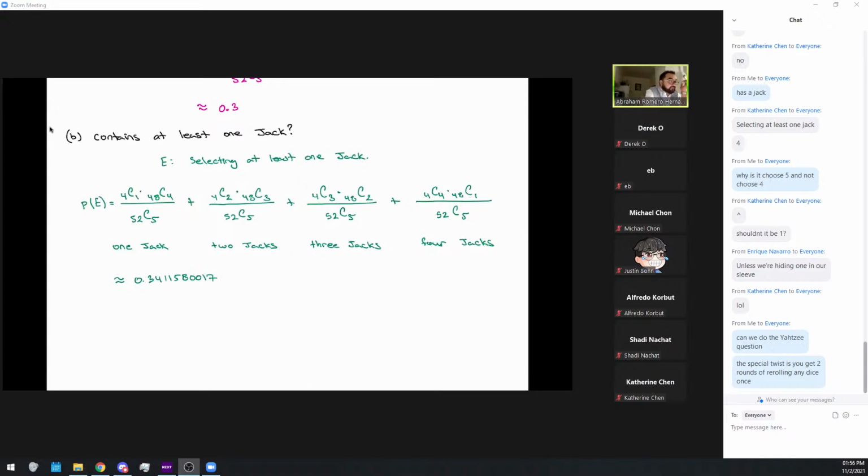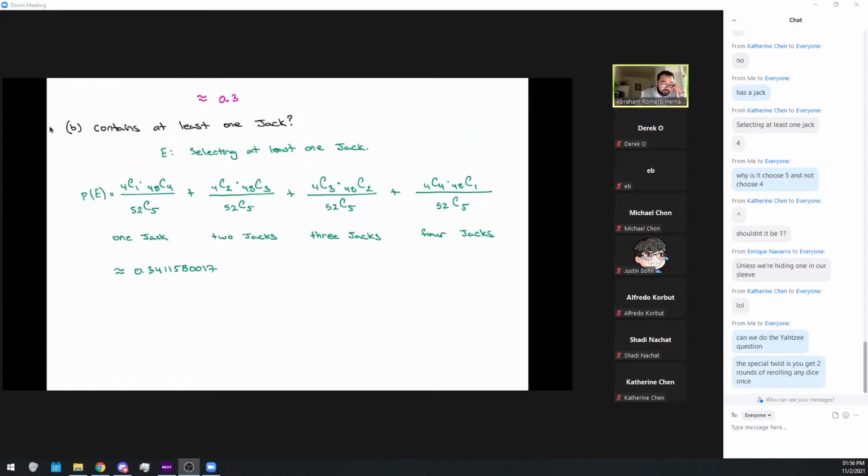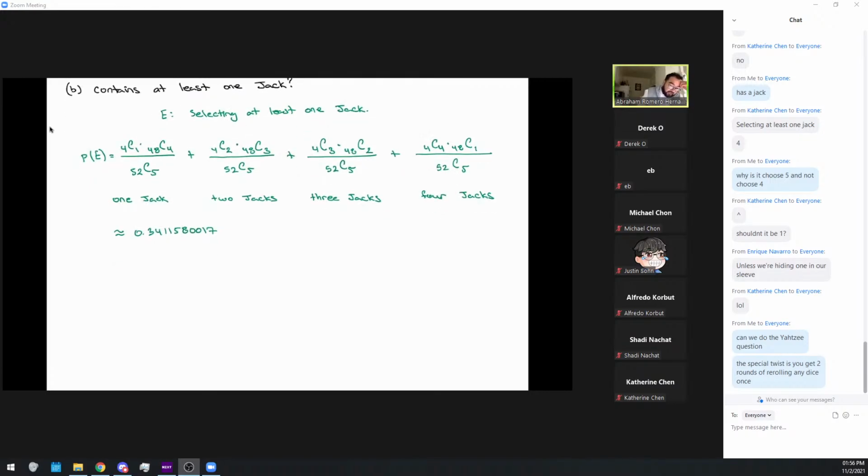Okay, and we're back. Okay, now there is another way to do this actually. There is another way to find the probability that the hand contains at least one jack. What's the other way? Another way of looking at it is this. You already know that for a probability, it has to be between 0 and 1. So the max that any probability could be is 1.